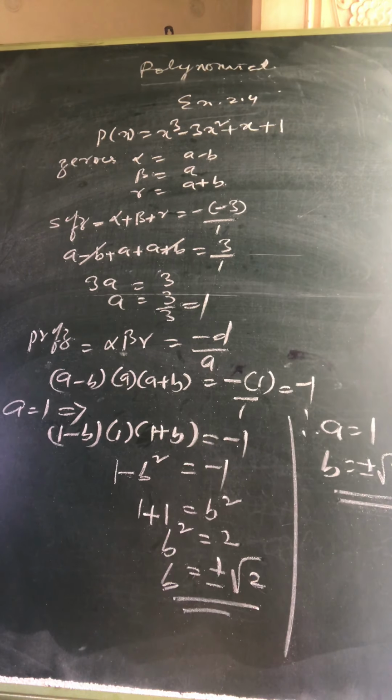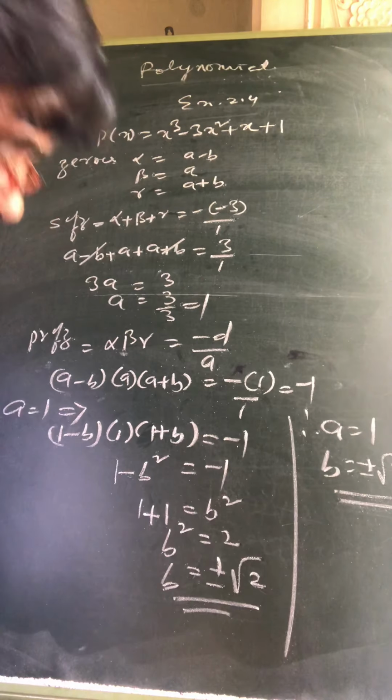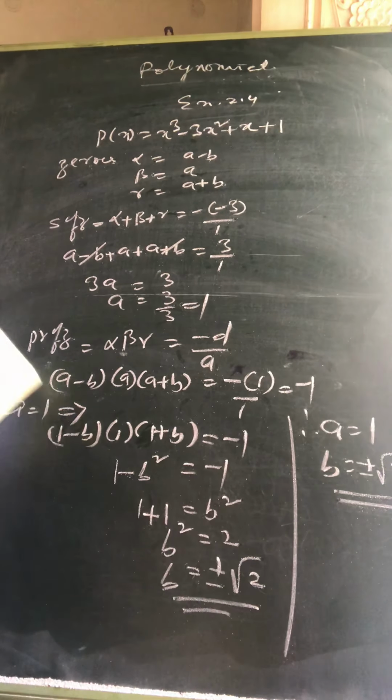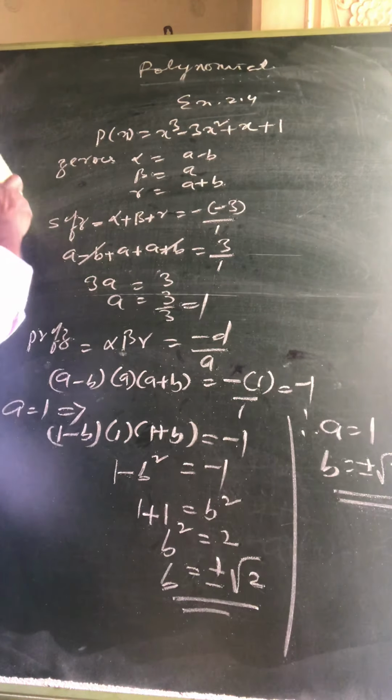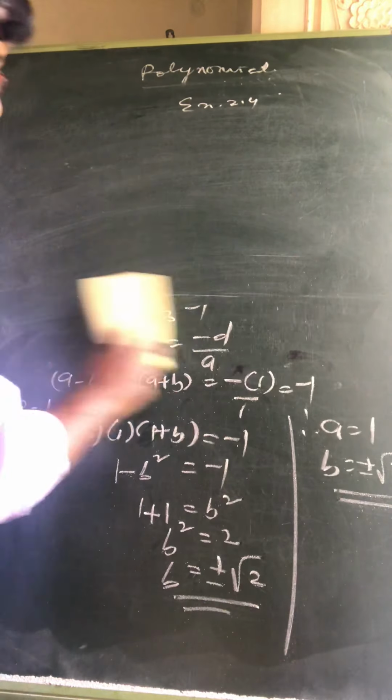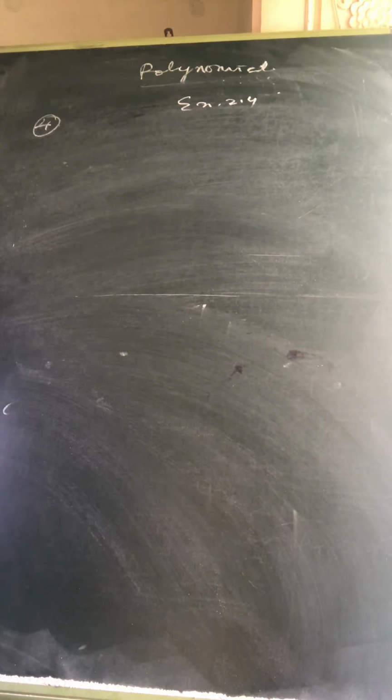Just for a little while you can put a glance. Try to understand each and every question. If there are any doubts, please make a call or post that point, and I can explain in the next class. Now the next question of this exercise, that is the fourth question of 2.4. What is the fourth question?